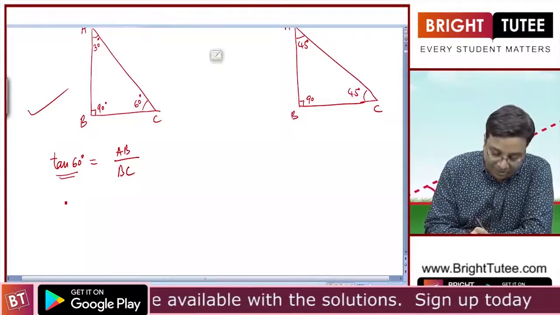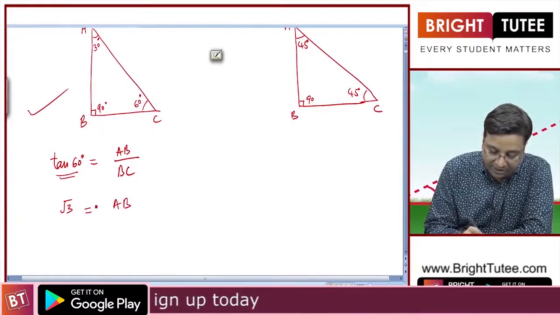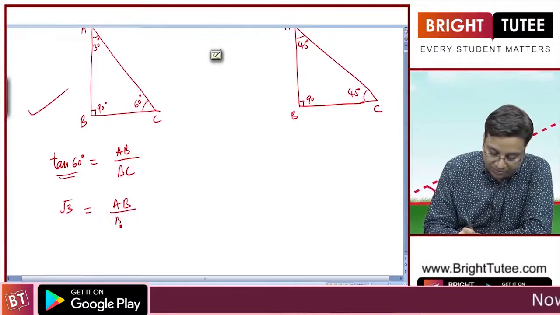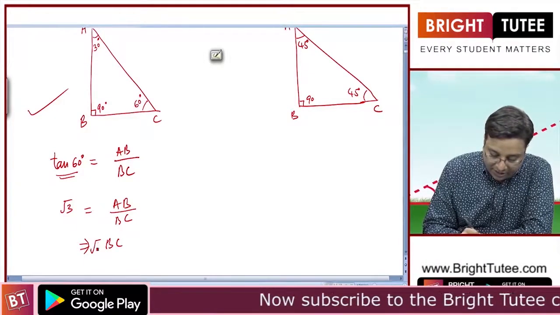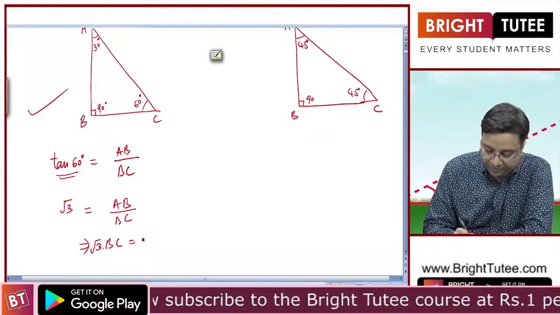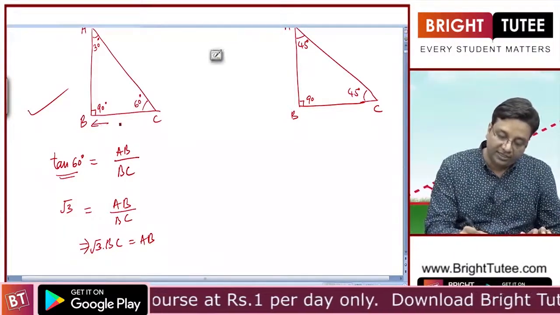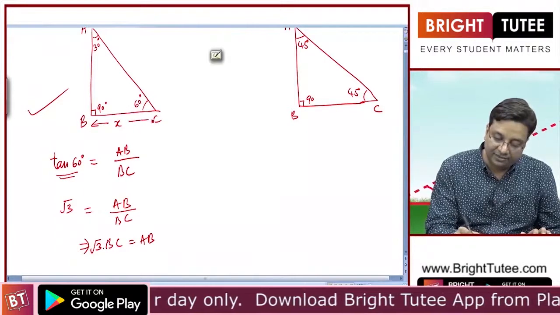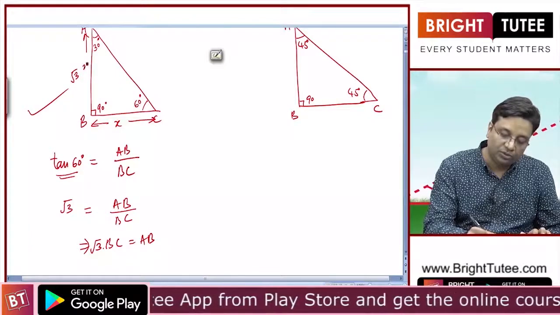Tan 60 is root 3. So AB is equal to root 3 times BC, right? So if I take this length as x, then I can say that AB is equal to root 3x,